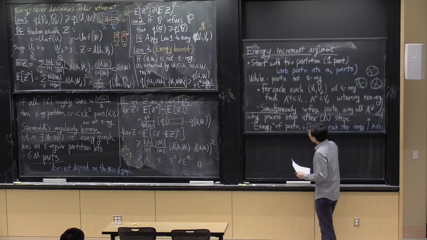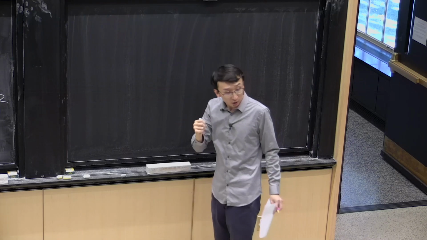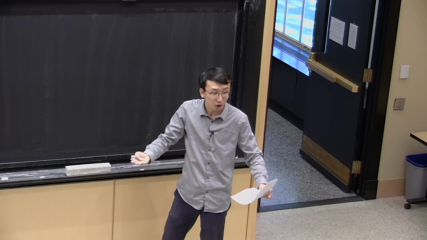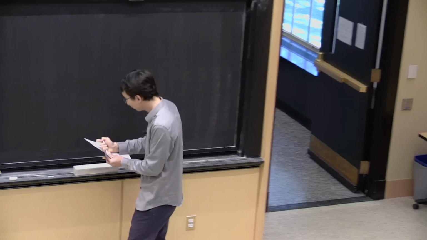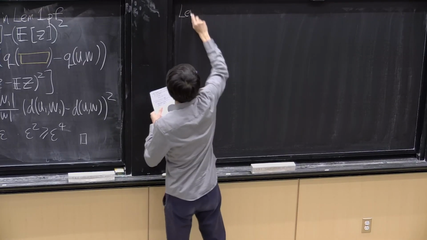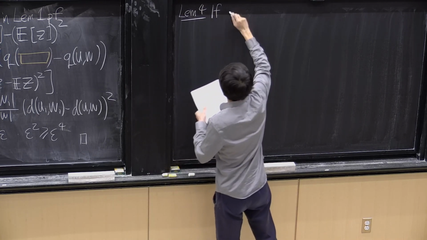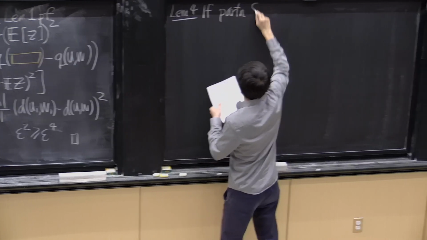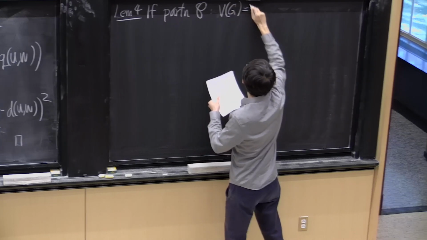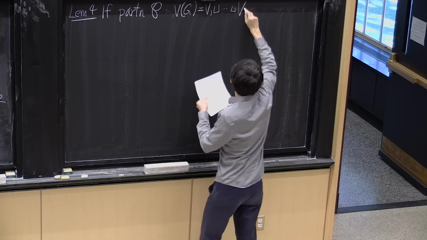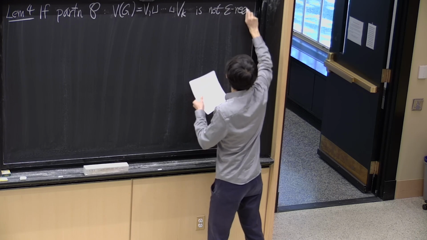All right. So now we are ready to show the key part of this iteration. I'll show you precisely how this iteration works, and show that you always get an energy boost in the overall partition. So I'll call the next one Lemma 4. And it says that if you have a partition P of the vertex set of G into k parts, if this partition is not epsilon regular,